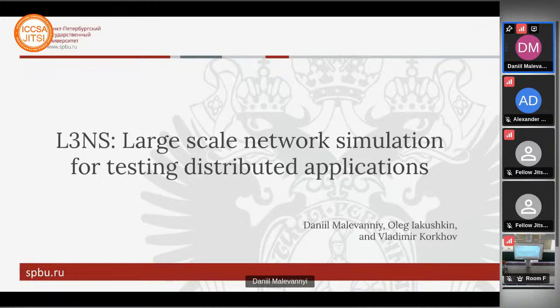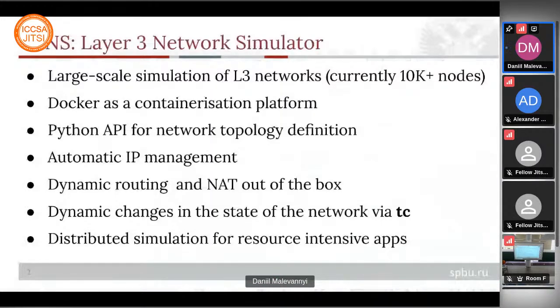And as I was saying, L3NS is a library. It's a Python library. The full name is Layer 3 Network Simulator. We chose Layer 3 since it's just the right amount of abstraction for most applications. And our main focus is on simulating large networks. Our current results show that we can simulate networks up to 10,000 nodes in a given